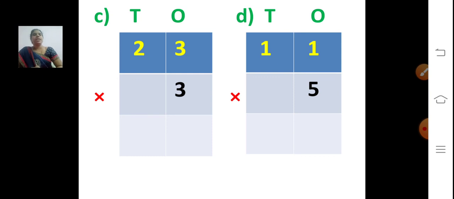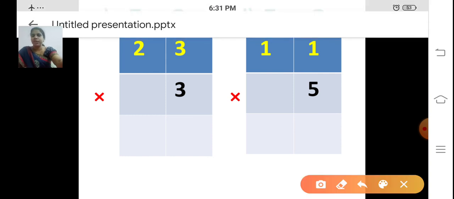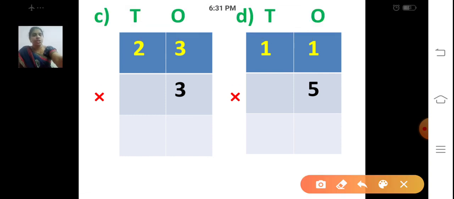Now we are going to multiply 23 into 3. How to write the numbers? One below the other, right? So the number has been written already. We are going to write only the answer. So now what is the first step? We are going to multiply the digit at the ones place by 3. What is the meaning? 3 ones into 3.